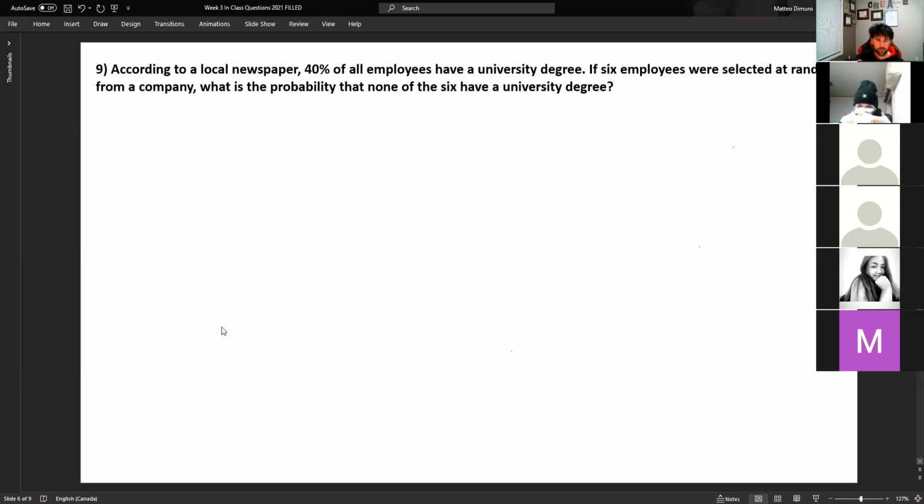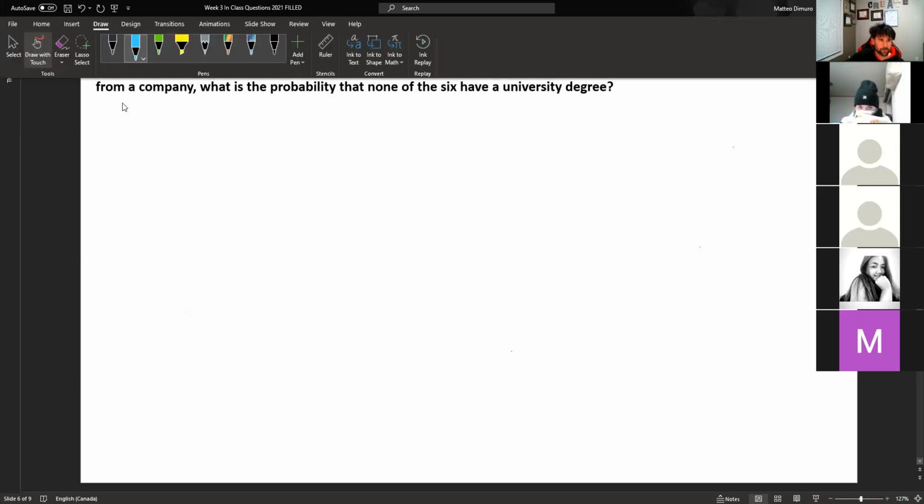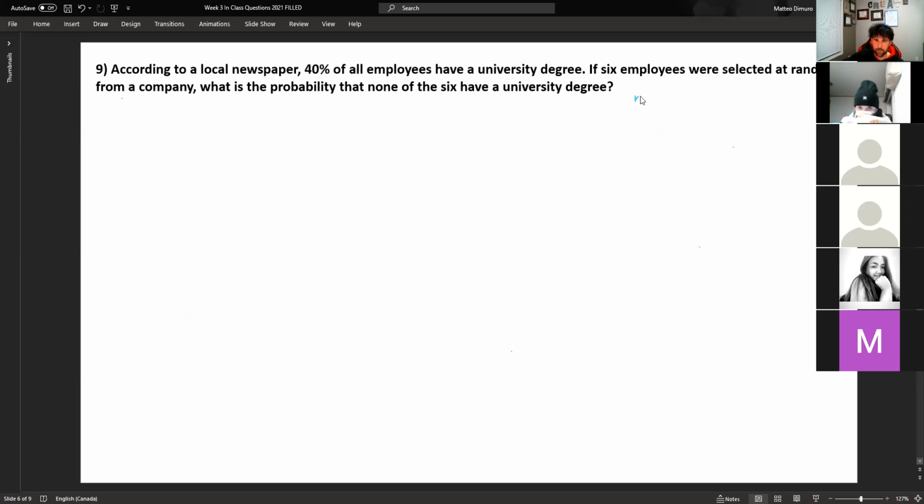Okay, so how do I know it's binomial? Well, you either have a university degree or you don't, right? So there's 2 choices. That makes it binomial. Whether or not one person has a degree isn't going to affect whether the next person has a degree. So that all seems to be binomial. So that being the case, then you know that if it's asking for probabilities, you're going to be using this formula. It's always this one for now.